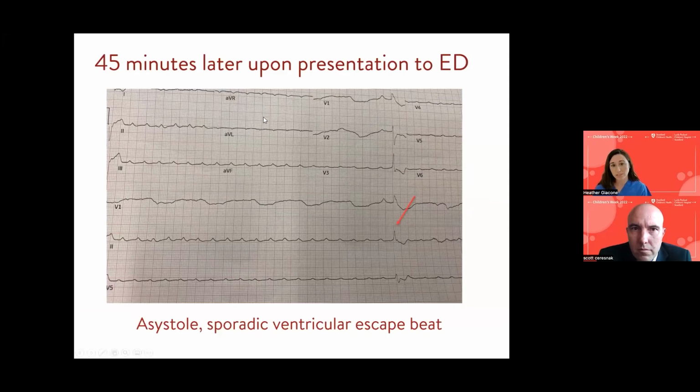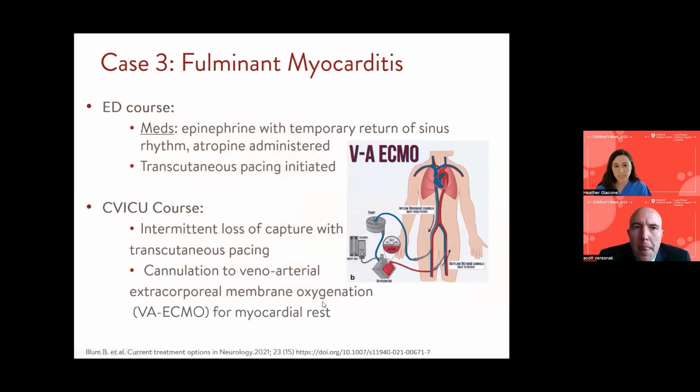She makes it to the emergency room, she gets set up, she becomes more fatigued, and about 45 minutes later in the emergency room, she does this. These are actually all P waves here, and there's only one ventricular escape beat. So now you know that her heart is quite sick and progressively and rapidly becoming more so. She's asystolic with very sporadic ventricular escape beats. This was actually a case that we had a few months ago about fulminant myocarditis.